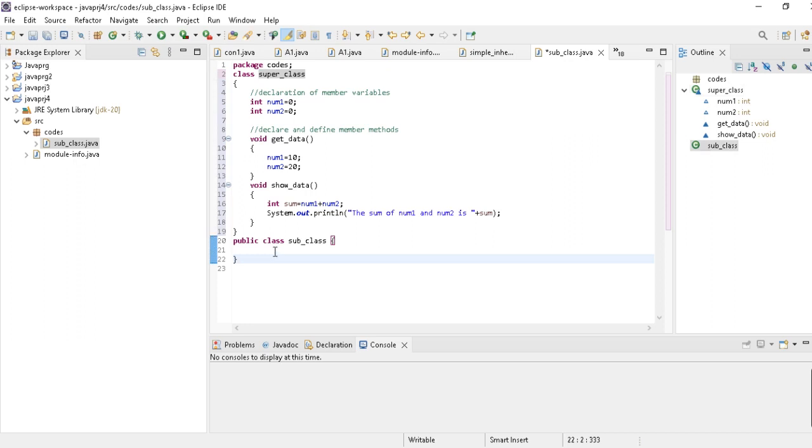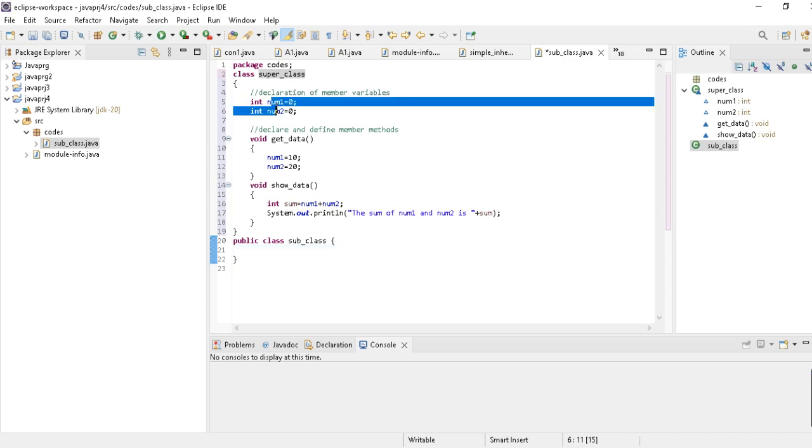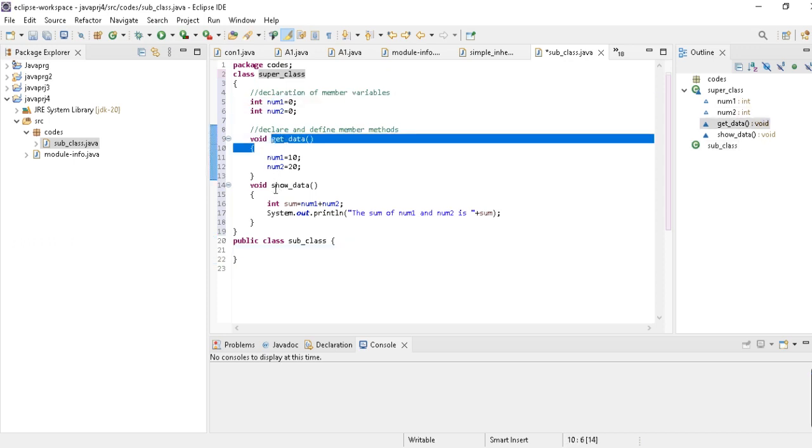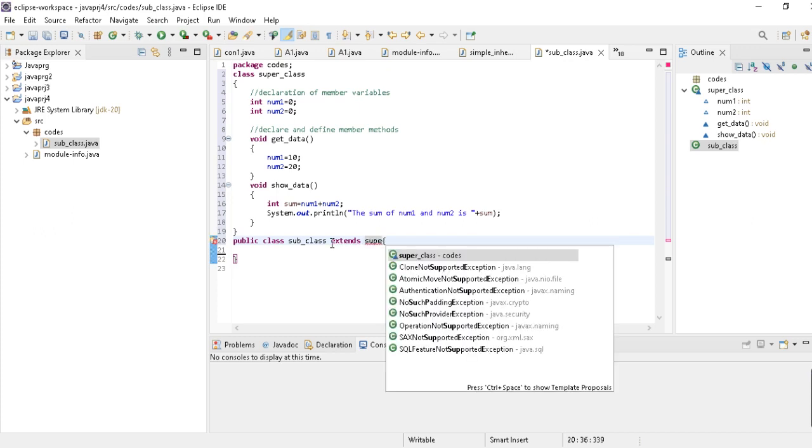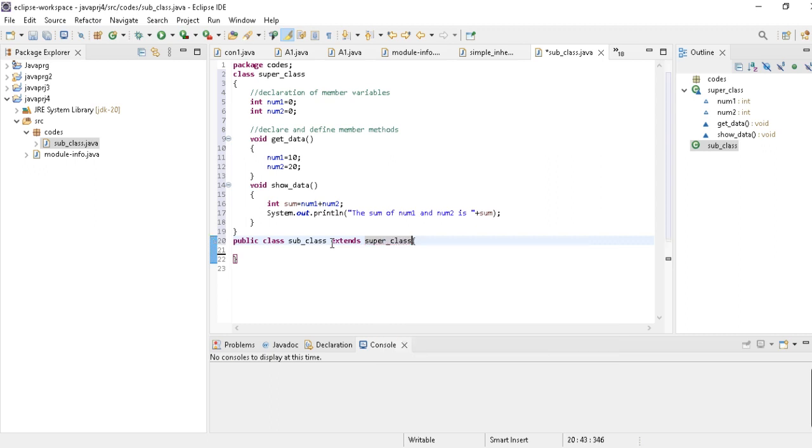Okay, so this subclass will acquire the property of this superclass. Let's see. Means if I am writing a subclass and if I am trying to access these attributes and these methods from the subclass, so what we need to do, we will write extends what? Superclass. See, if I type SUP and then press Ctrl+Space, it will show all the related suggestions. So now our subclass extends superclass. As we know, for inheritance we are writing the extends keyword.